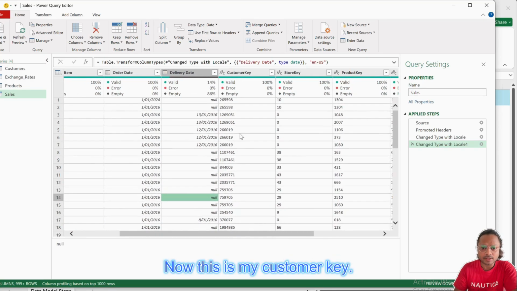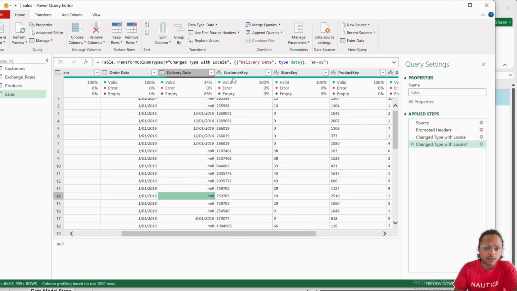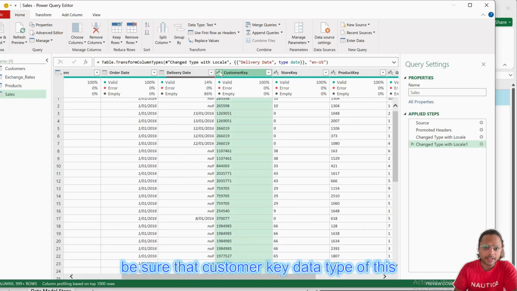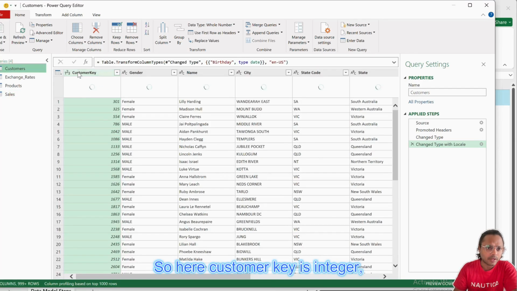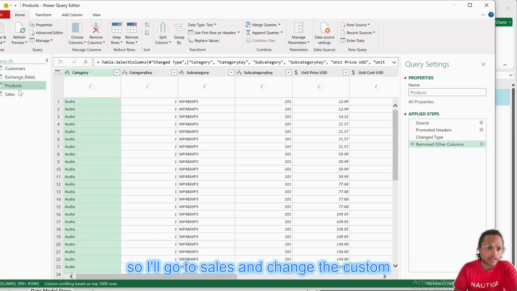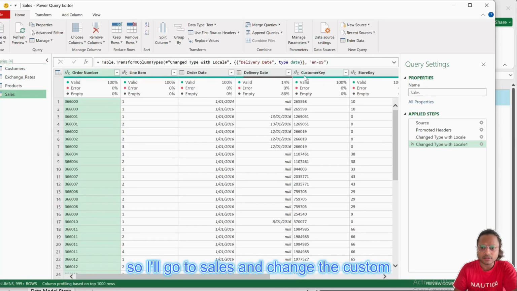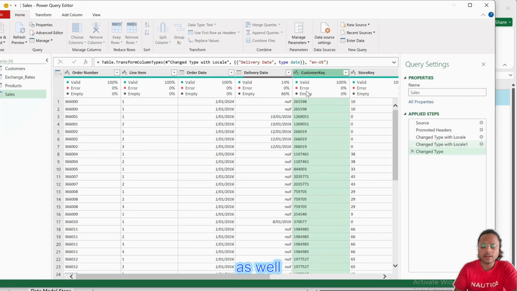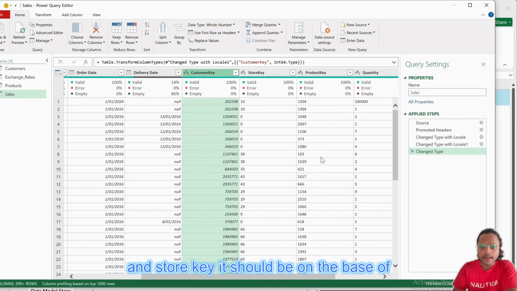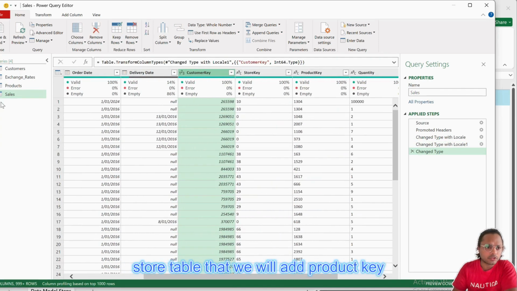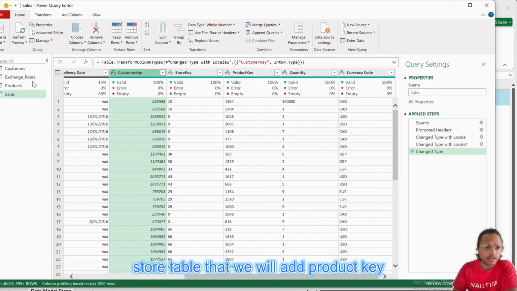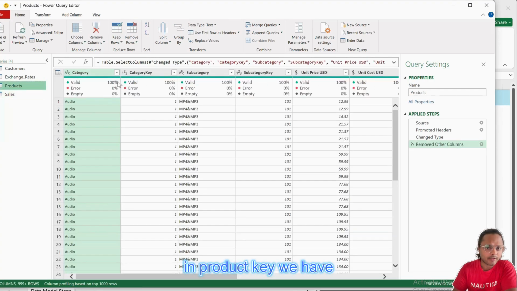Now this is my customer key. So you should be sure that the data type of customer key should be the same as this. So here customer key is integer. So I'll go to sales and change the customer key to integer as well, which is whole number. And store key, it should be on the base of store table that we will add. Product key, in product key we have,